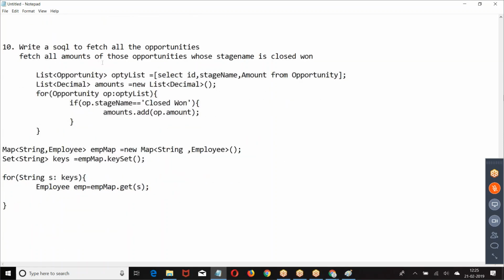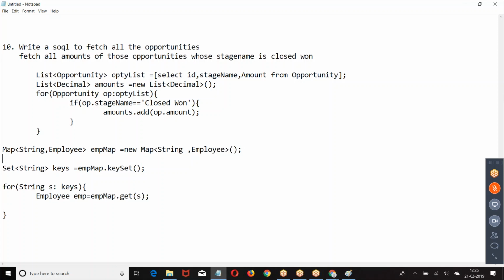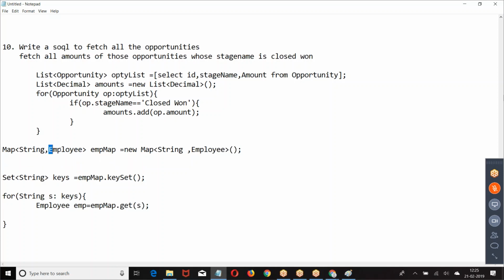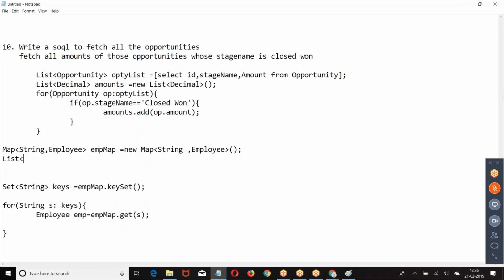Here one more thing is emp map dot put e.emp comma e. How do you insert the elements into the map? That's fine, but why are we writing e.emp number comma e? First, the basic thing you need to understand: what is the key you are taking, and what is the value you are taking. When I write employee, what is the meaning of this? It's a full record, an employee instance, and we have to pass it.